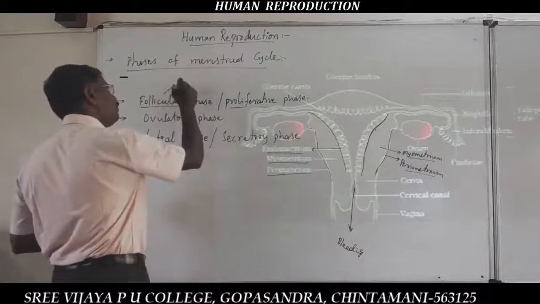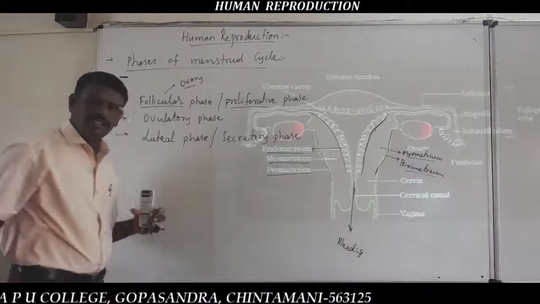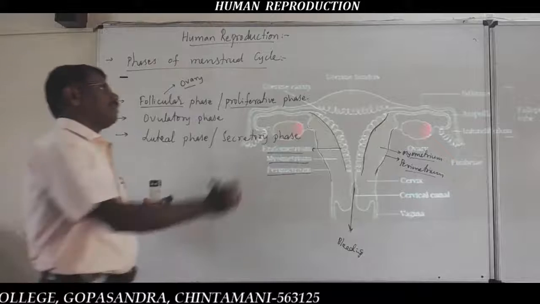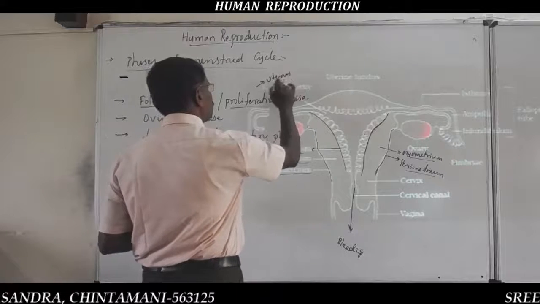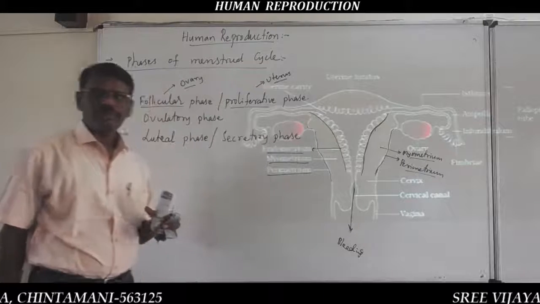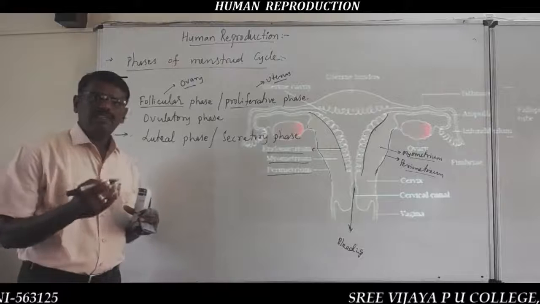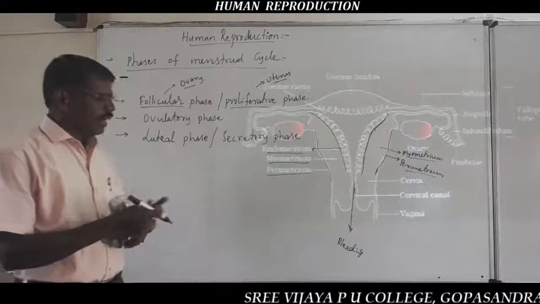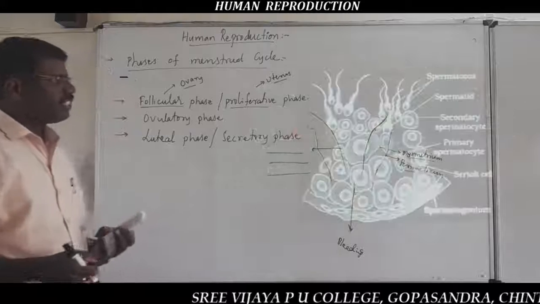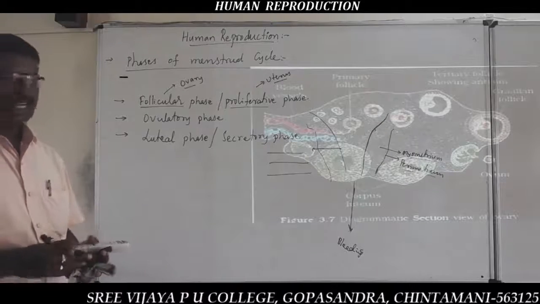The follicular phase occurs in the ovary, and the proliferative phase occurs in the uterus. What is the follicular phase? As we already discussed, see here in the diagram,